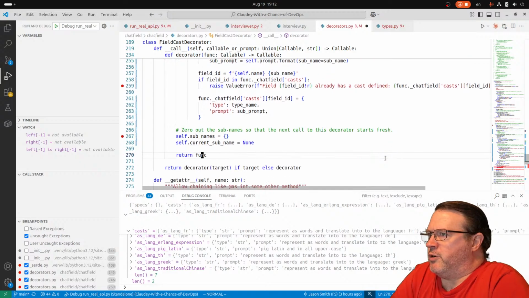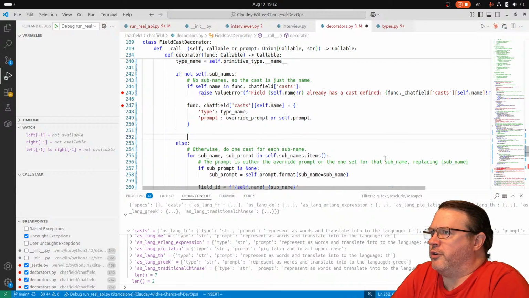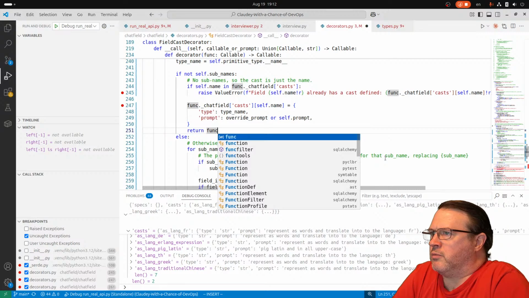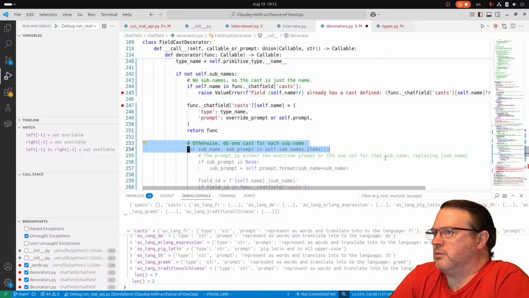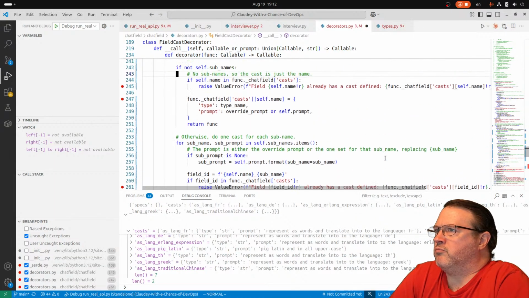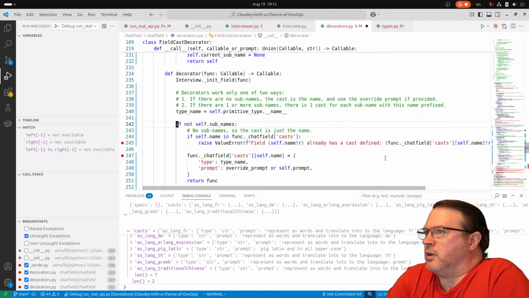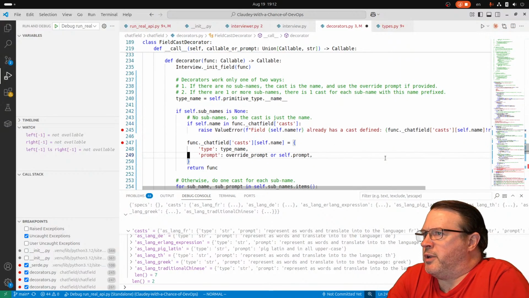These don't need to be zeroed out. So we can return back to this, like, just return, right? We can return it. Yeah, I kind of like that better. So we're decorating. So if there's no subnames, then, or it's more like this. Yes, exactly. If the subnames is none,